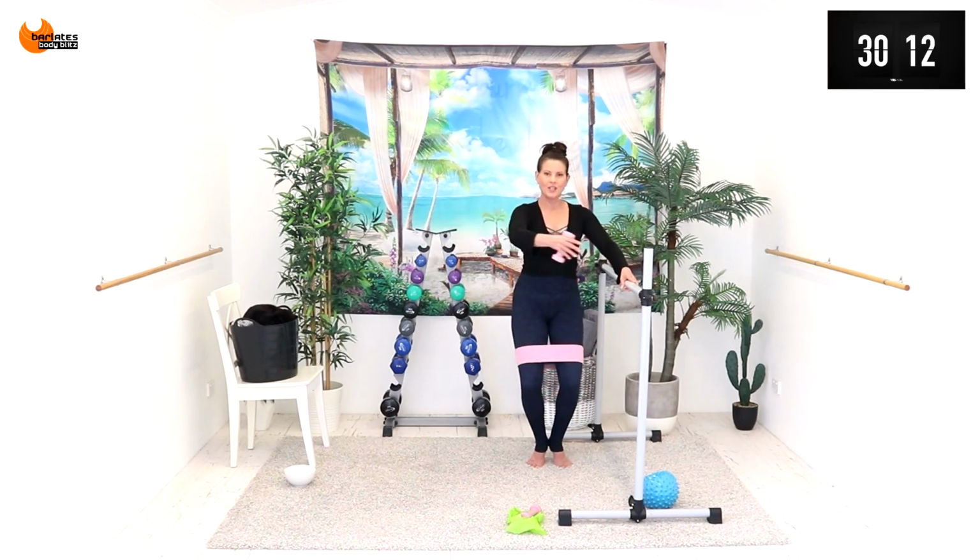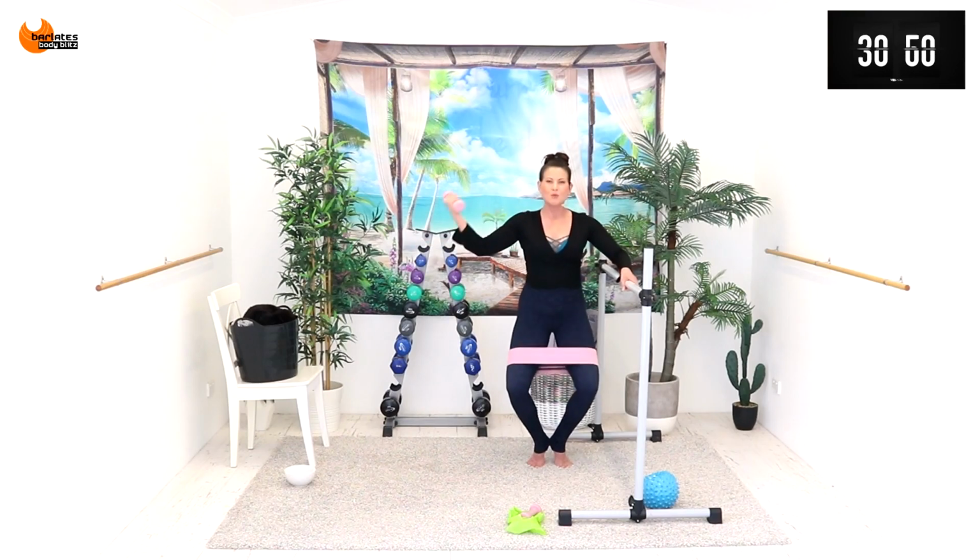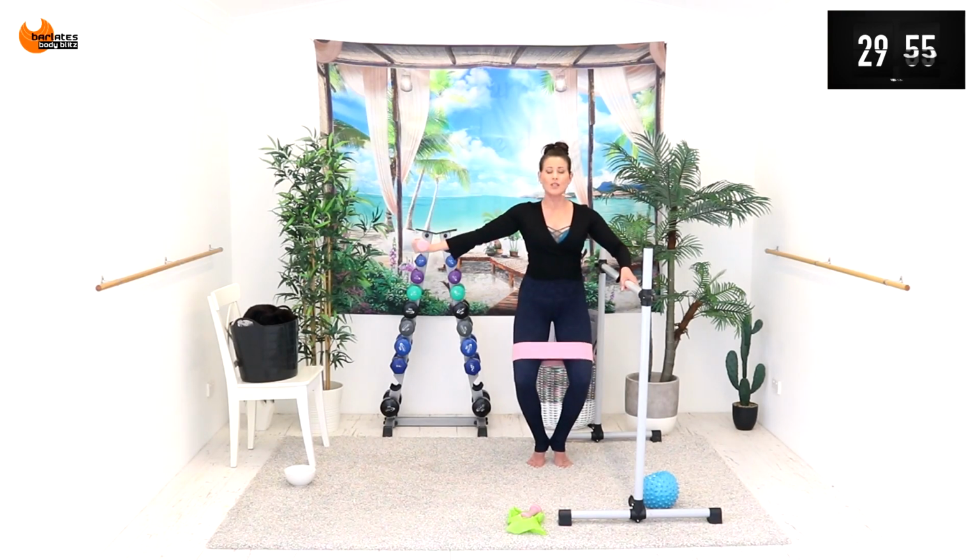2, 1. Now stay out, palm is up, and we're going to tuck the hips forward as we do a biceps curl. So it's tuck, you're still pushing against those heels, pressing your knees out, tuck and curl at the same time. 6, 5, 4, 3, 2,